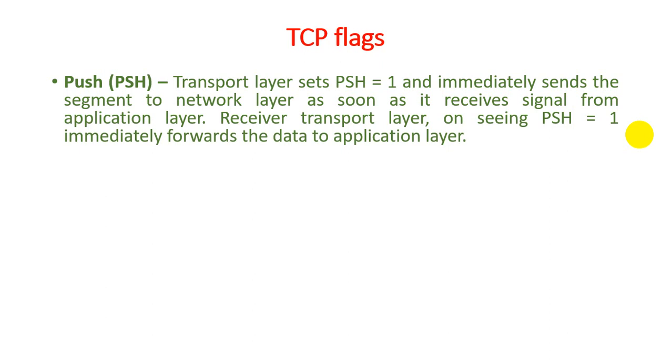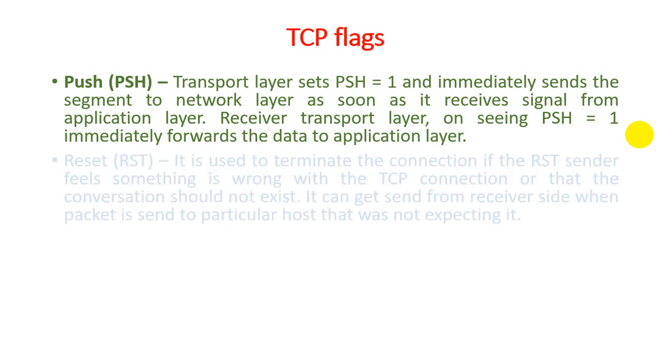So it is a vice versa process, transferring your packet from the application layer to the transport layer and from the transport layer to the application layer. But guys, we just focus on 1 and 0. If PSH is equal to 0, then it is not a priority packet. But whenever the network finds PSH set to 1, it can transfer your packet directly from the application to transport and transport to the application layer.